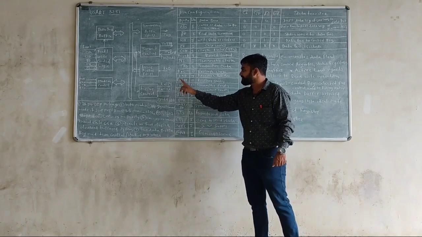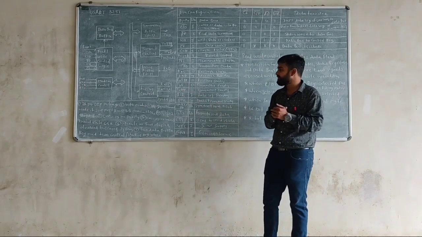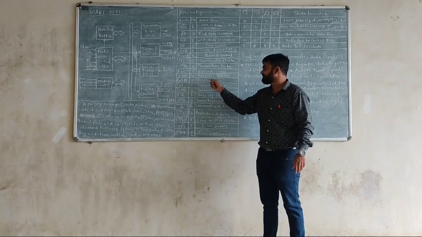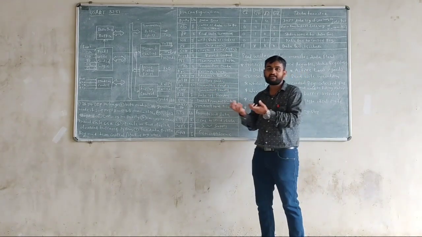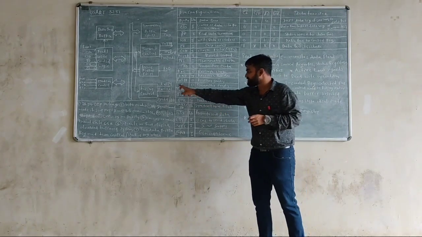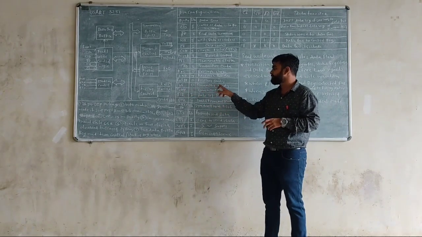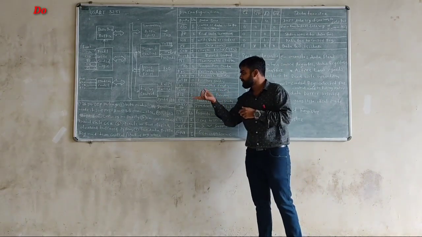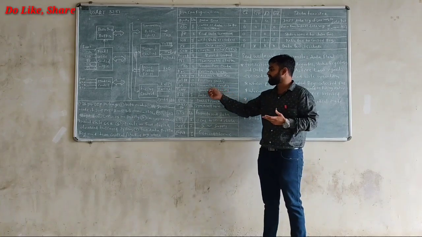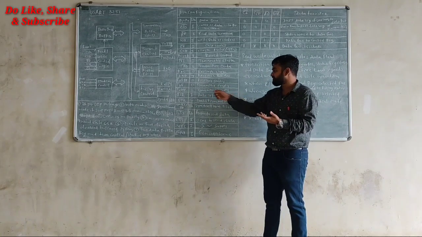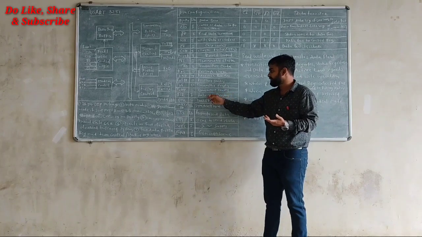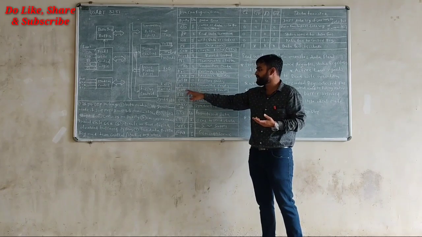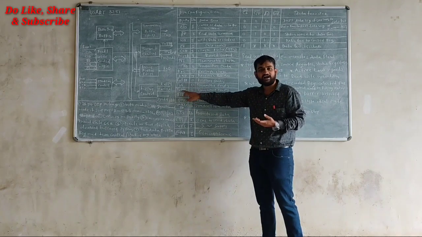Then we have RXRDY. RXRDY plays a very important role. It indicates whether the receiver is ready or not for accepting data. Then there is the TXRDY pin, that is a transmitter signal: whenever communication is not going to happen in your transmitter, at that time this signal is generated to tell the IO peripheral that the transmitter is ready, or the transmitter is empty. So these two signals, TXE and TXRDY, play a very important role.